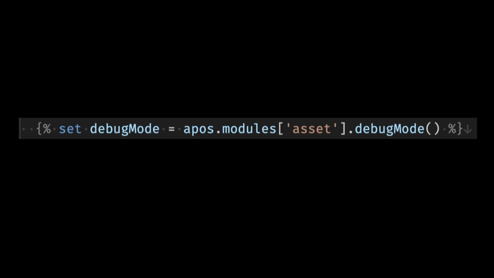In the first line of code in the template, set debugMode equal apos.modules.asset.debugMode, we are calling the method. Since the template is located within the top level views folder, we need to use apos.modules.asset to identify the module supplying the method. Let's reiterate. In this instance, we're not passing any arguments from the template to the method. However, in your custom helpers, you might want to pass a value such as